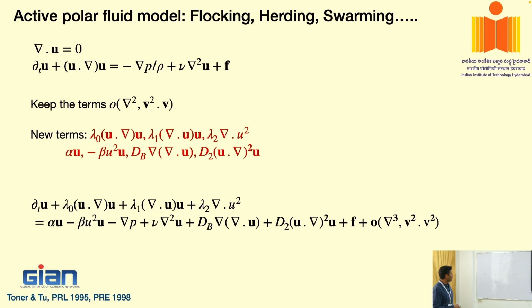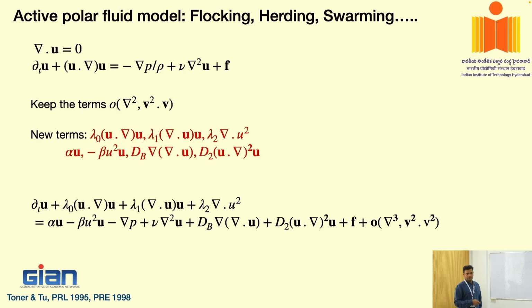Okay, so the most commonly used setup is this: you take the advection term, and you use a lambda 0 which is greater than or less than 1, and based on that you define whether it is going to be a puller, pusher, or extensile or contractile kind of system. This you get rid of immediately. You say that my flow is incompressible. Then again for energy, you say that I'm not going to consider any source or sink of energy, so you get rid of this term. This is our standard. Okay, let's look at these two terms.